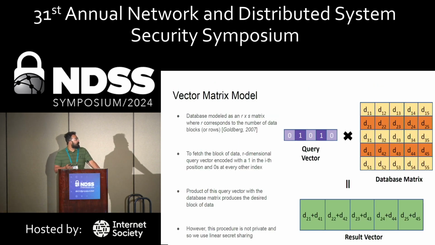Our protocol is based on the vector-matrix model of ITPIR, where the database is modeled as an R cross S matrix, where R is the number of rows in the database and S is the number of columns. In this model, the query is modeled as a 1 cross R vector with a 1 in the position corresponding to the index of the row in the database that we are trying to fetch. The product of this query vector and the database matrix would normally return the record that we are interested in,